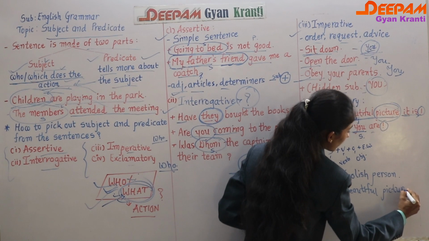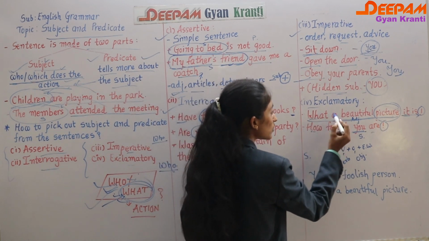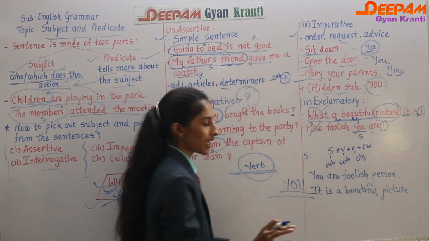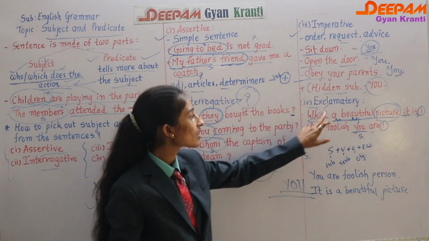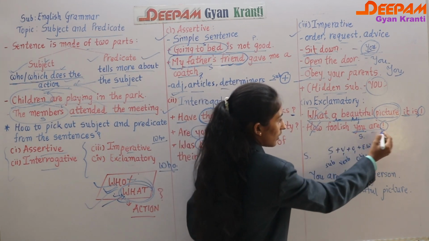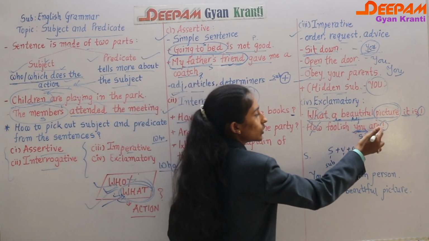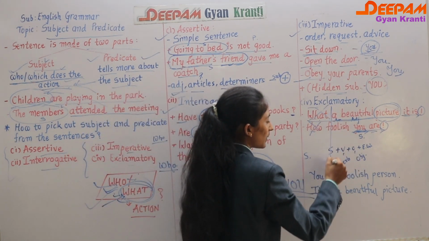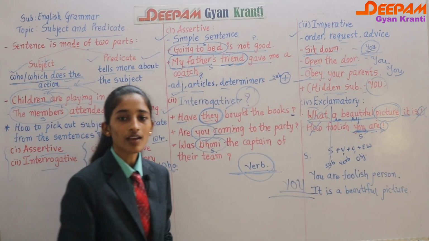Now remember one thing, when you change an exclamatory sentence into a simple sentence, we have to omit what and how. Not only what, but sometimes what and how we have to remove. So when you want to change an exclamatory sentence into a simple sentence, you have to remove what and how, and you have to start from behind. You first have to take the subject, then after that the to be form, then the adjective or whatever things are there. And since you are changing exclamatory into simple, remove that exclamation mark and put a full stop. I hope it is clear.